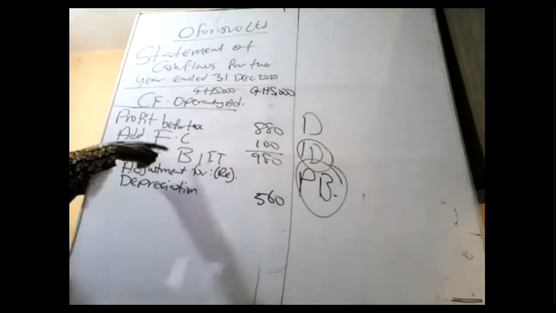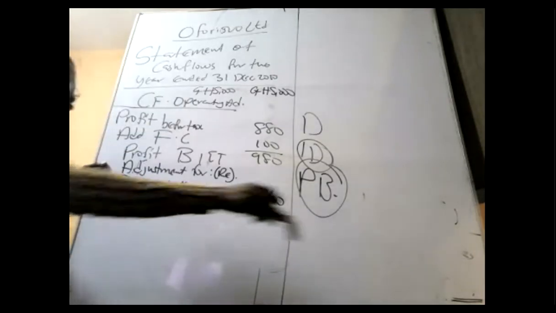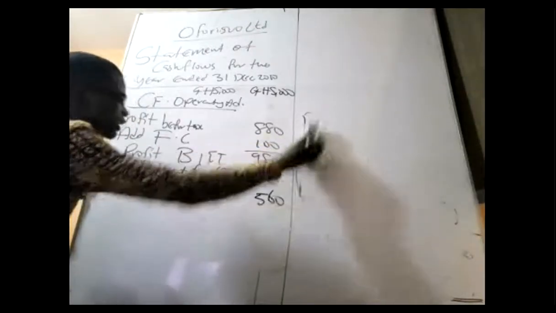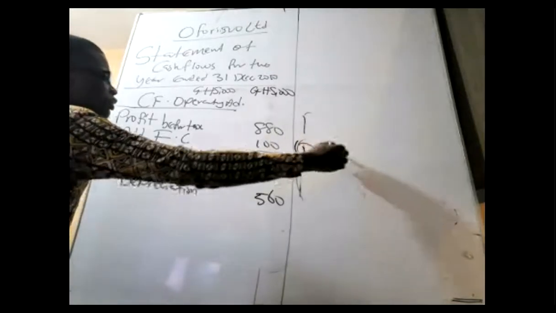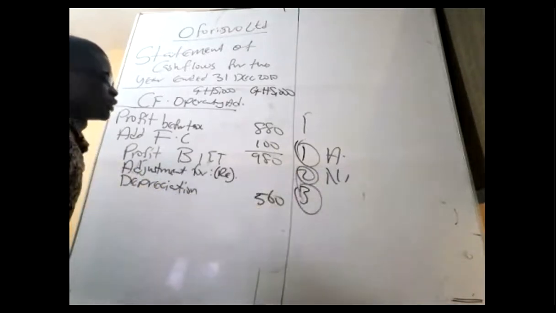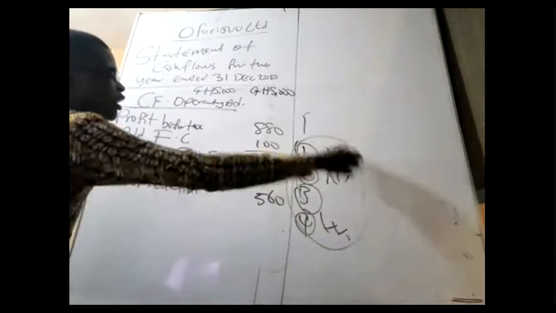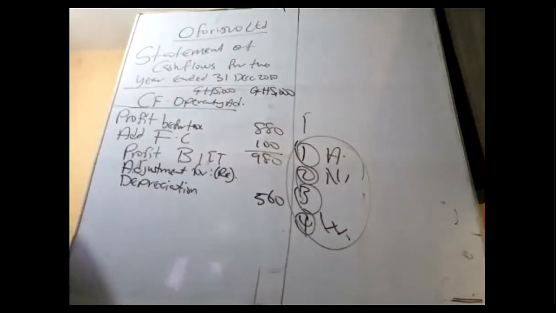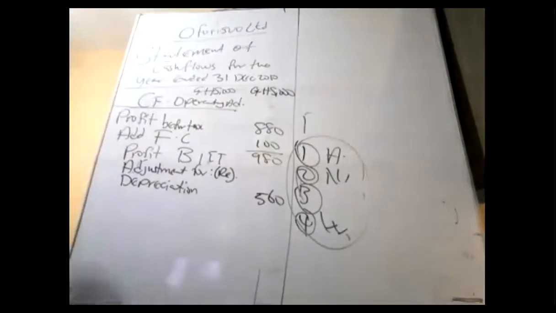We've picked the profits and we are going to adjust it with 3 items. The 3 items that we are going to adjust, but there are 4. Number 1 is accrual, number 2 non-cash item, number 3 aliens or strangers, number 4 working capital. Don't forget these 4 adjustments. Please, one question will not contain all these 4. Take note.